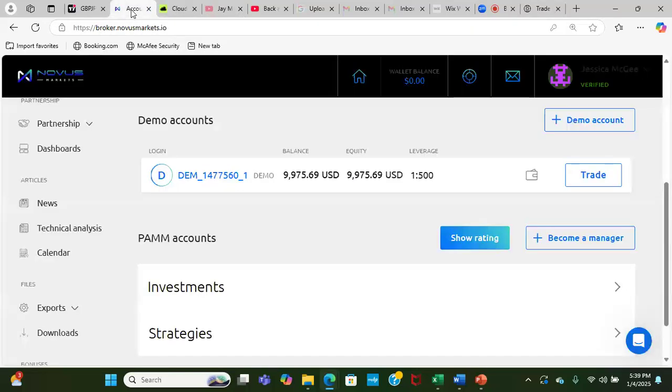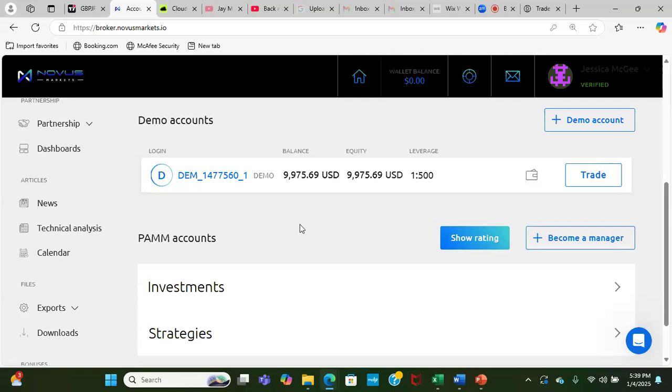So what you'll be able to do is on your Novus account, if you're trading from your computer, I'm going to show you my demo because it's just going to be easier for me to take trades and not mess up my account. So when you first get registered to Novus, you can create your demo account immediately. You can put however much money you want in there, and you can do your leverage 1 to 500. Once you create your demo account, they'll send your credentials to your email. Same thing with your live account. Okay. Put however much money you want to put in there.